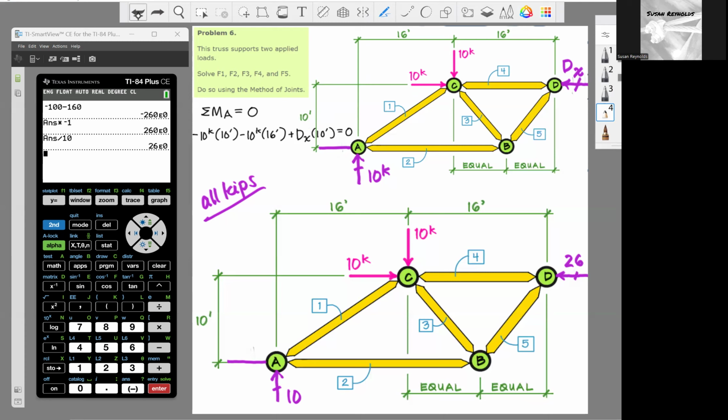is going to have the net force required to balance out these two forces. So 26 less 10 is 16. What direction does it need to go for equilibrium? It needs to go rightward. Now that we have our reactions looking good, we are ready to do our